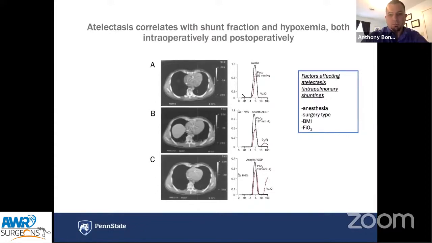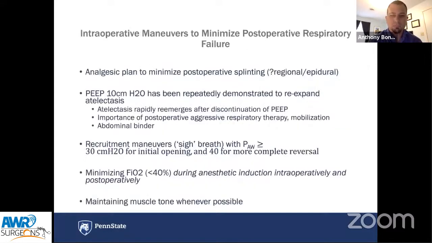There are other factors that contribute to atelectasis, including patient's BMI and fractional inspired oxygen, with a higher oxygen percentage contributing to atelectasis via absorption atelectasis. And so some of the maneuvers that we use, both to decrease intraoperative hypoxemia and to minimize postoperative respiratory failure, is to ensure that we have an analgesic plan that minimizes postoperative splinting, and using PEEP. And I try to use a PEEP of at least 8 to 10 intraoperatively,